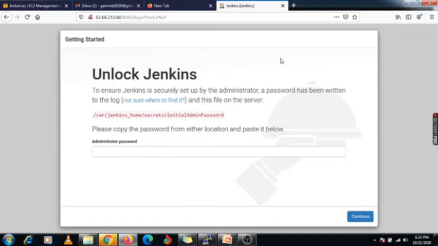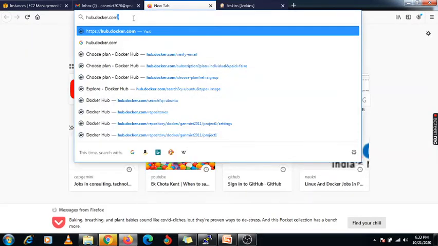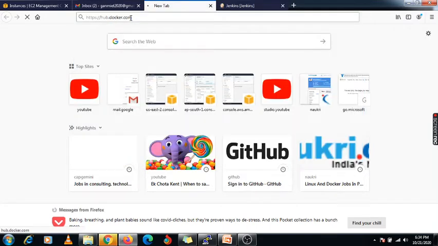Now we can look at another concept, how we can create an account in Docker Hub. First you need to log in at hub.docker.com. This is the URL you need to use to create your Docker Hub account.